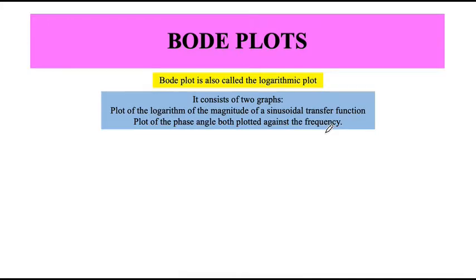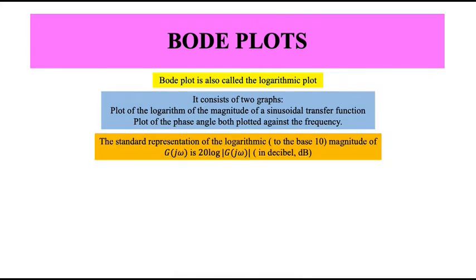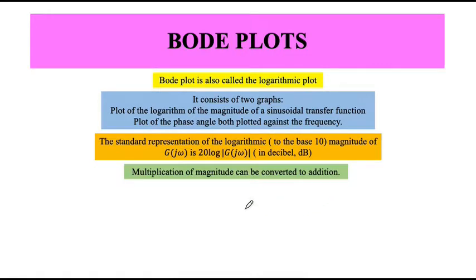So some basic nomenclature and notions we will define. A standard way to express this is in terms of log to the base 10, multiplied by 20. Now, it is not really important why this is 20, or why it is log base 10 and not log of n. We will not worry about that. The advantage when I do this, which will be fairly obvious in the next few minutes, is that multiplication of magnitudes can be converted to addition.